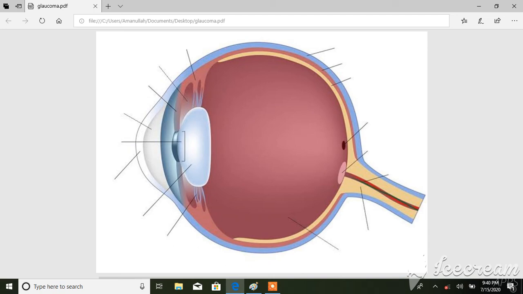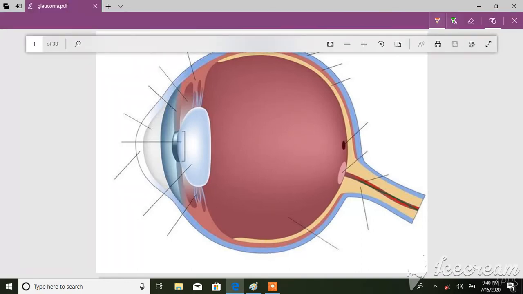So, diagnosis of glaucoma. We are going to discuss how we can diagnose glaucoma, and which instruments are used to diagnose glaucoma. So before diagnosis, let us look at the normal flow of aqueous humor, that is, how aqueous humor flows in the